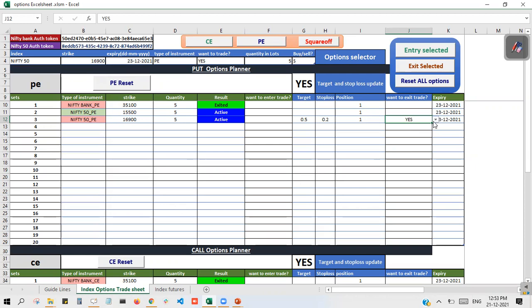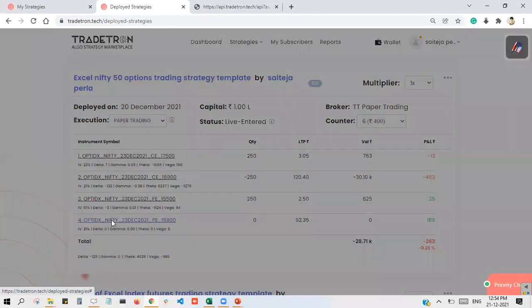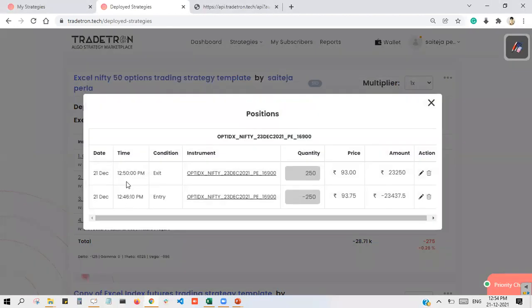So I will just click exit selected. As soon as you click exit selected, that option will be exited from the Tradetron deployment. Let us check that one. You can see that option has been exited from that position.